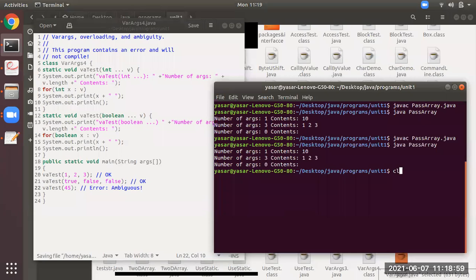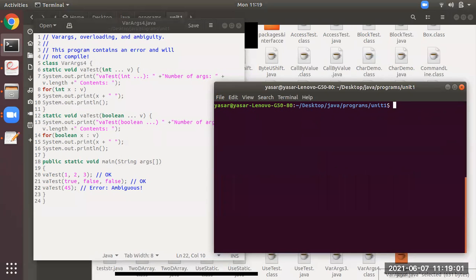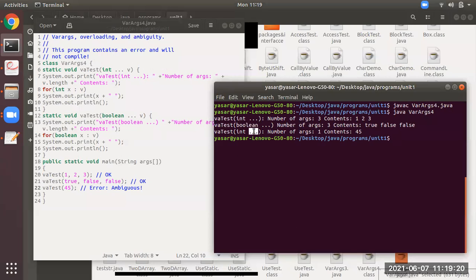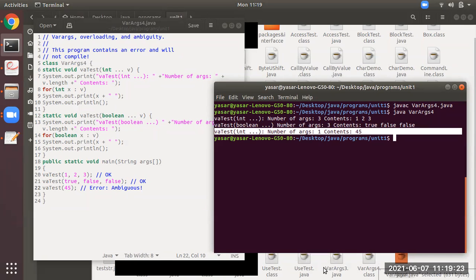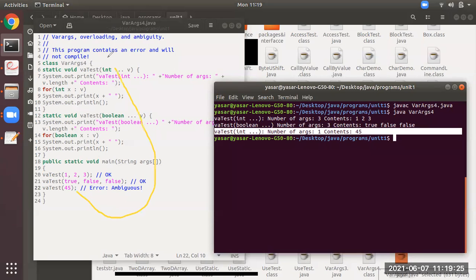Okay, now what to do is, in the command prompt, compile this program first. It is compiled, and run the program now. See, it is displaying the last one. How it is able to call this method? Why? Because there is an integer value.